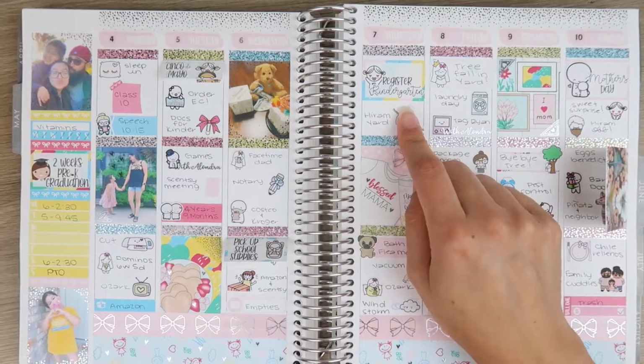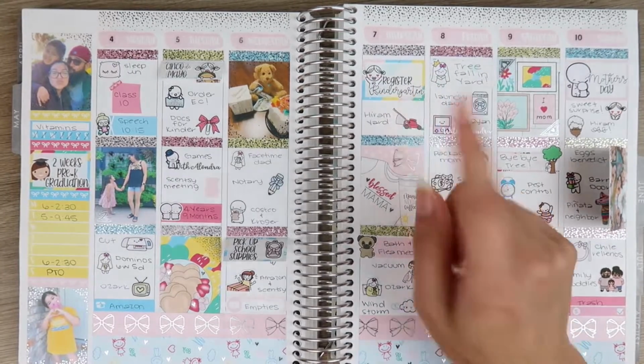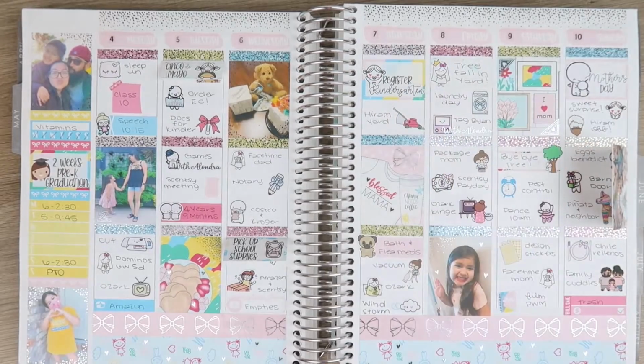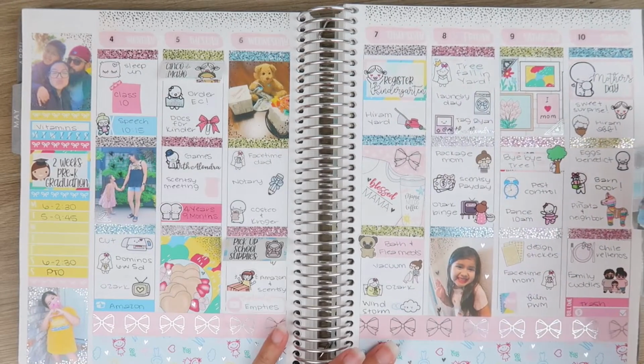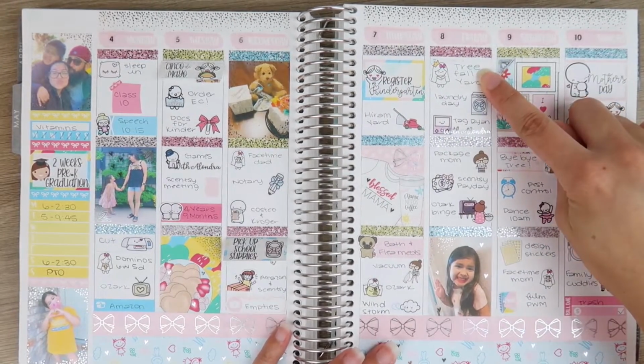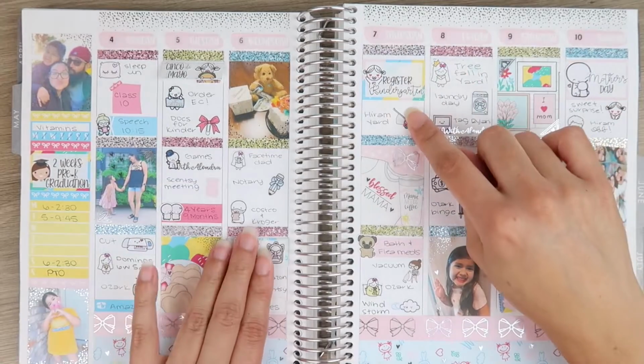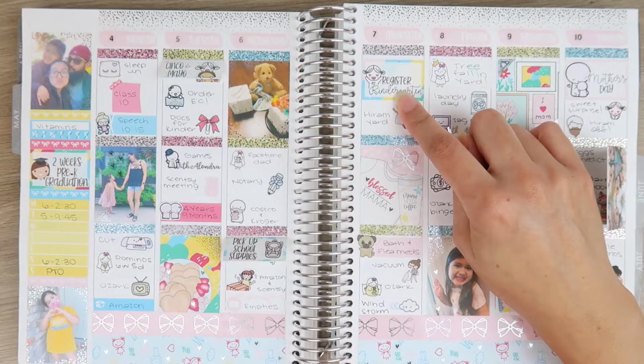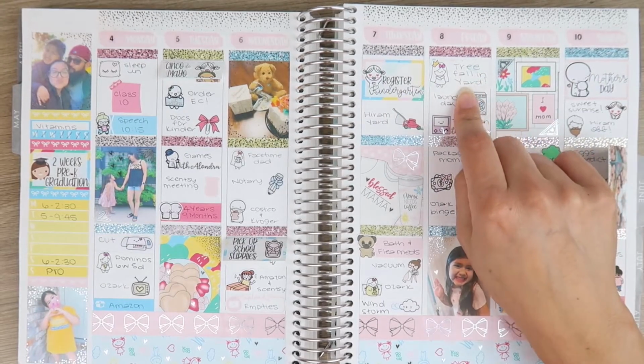And then on the 7th, Alondra did register for kindergarten, or I registered her for kindergarten. So that was obviously a really big, exciting day. So an emotional day, then an exciting day, also emotional because of course I cried. Then a tree fell in our,